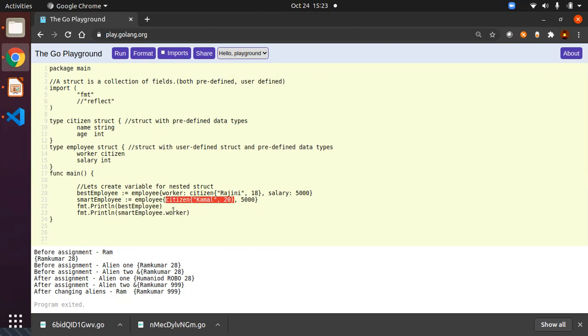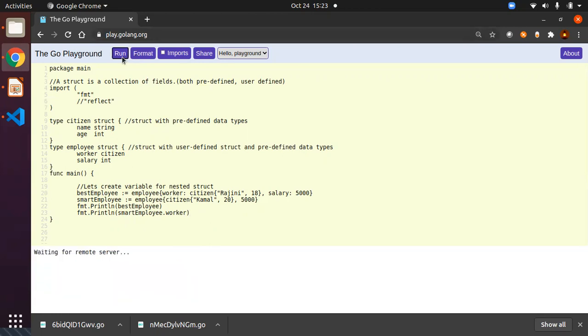You can directly pass the values in the correct order. So then the citizen struct and then the value for the salary. In both cases, the best employee and the smart employee will be created with the type of employee struct, right? So after that I'm going to print it and let's see what happens.